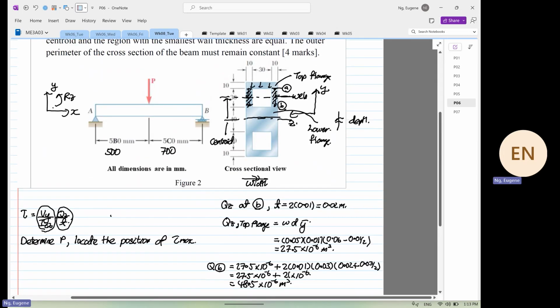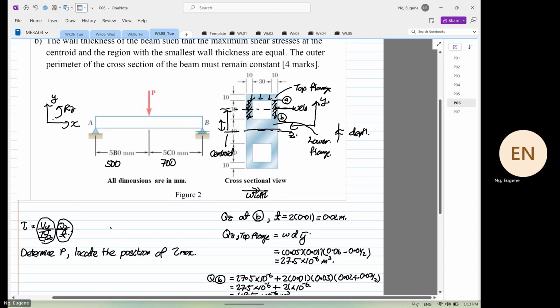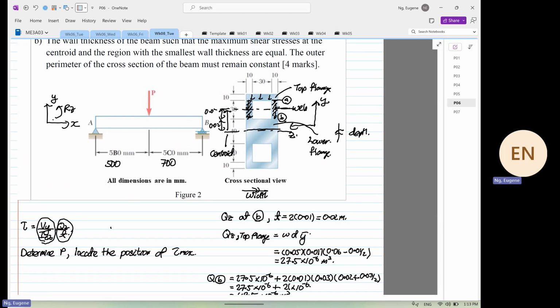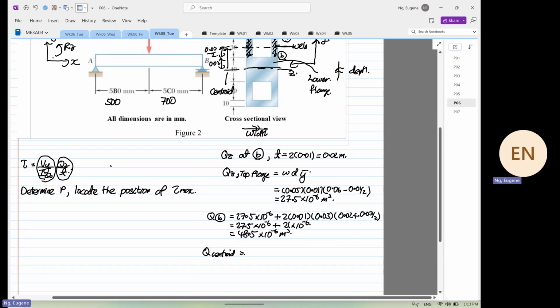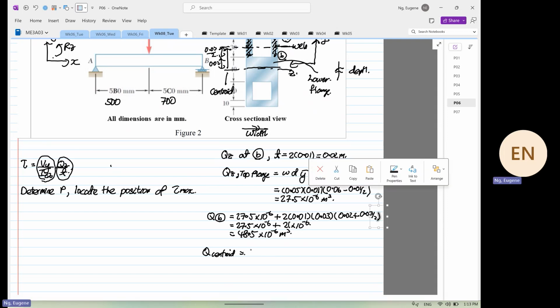Because 0.02 is the distance from here to here. 0.03 divided by 2 is the distance from here to here. Okay. So 27.5 times 10 to the power minus 6 plus 21 times 10 to the power minus 6 is equal to 48. So the Q centroid now is equal to 48.5